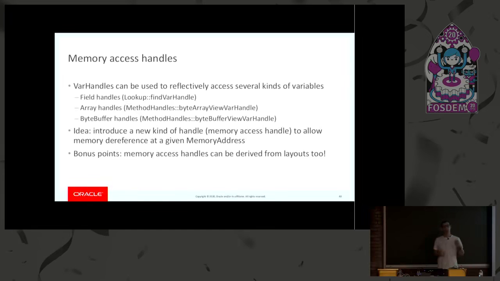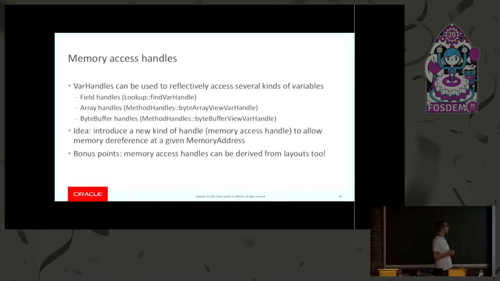The big gain that you get with this API is that, number one, you get all the atomic operations that the variable API supports. So let's say that the ByteBuffer API is not enough. You're not good enough with just a simple get. You want an atomic get or something like that, or you want memory fencing because you're working with multiple threads. Then you need to reach for the variable API. That's probably the best API to do this kind of stuff with.